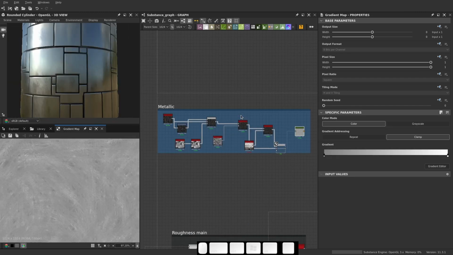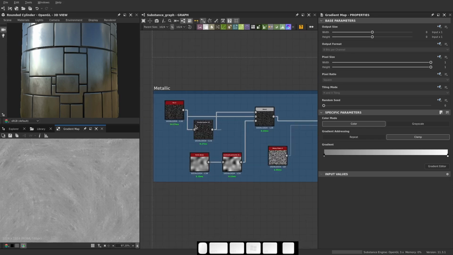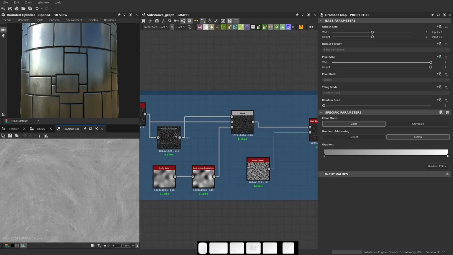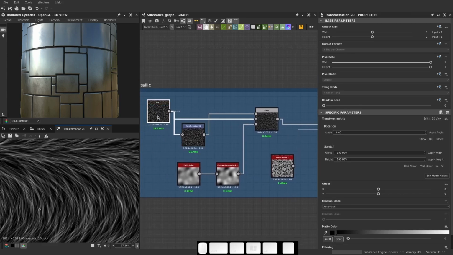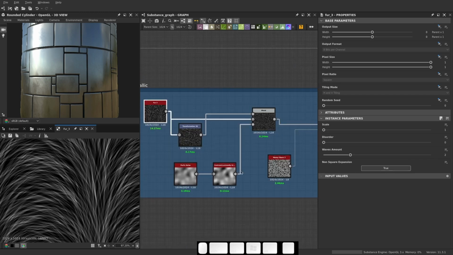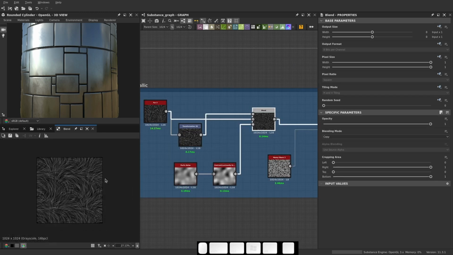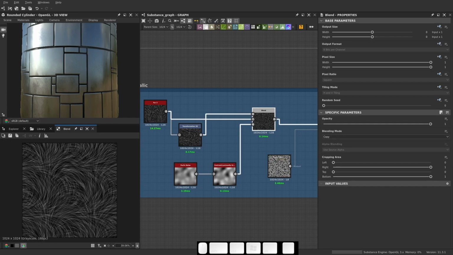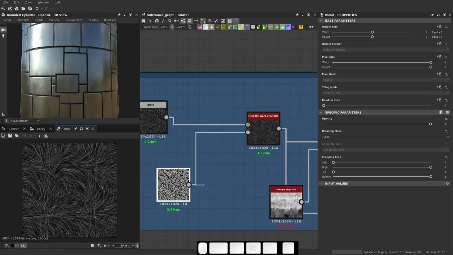Now to create the metallic base texture, we're going to repeat the same fur, but this time it's not for 2, it's for 3. And we're going to repeat the same process as before to get a map that looks like this. And we're going to create a messy fiber